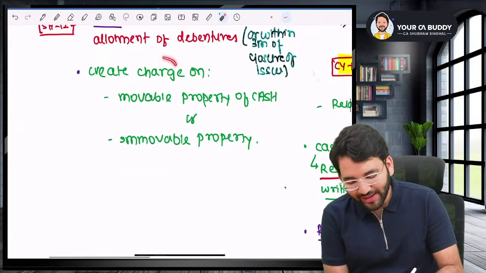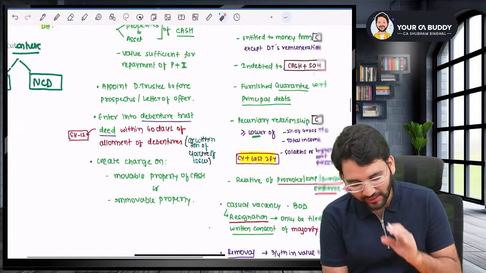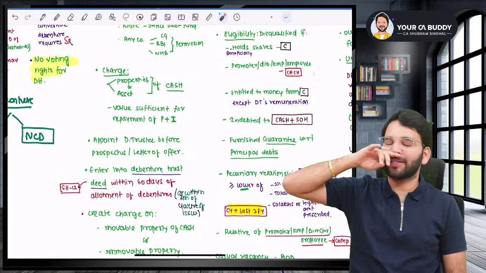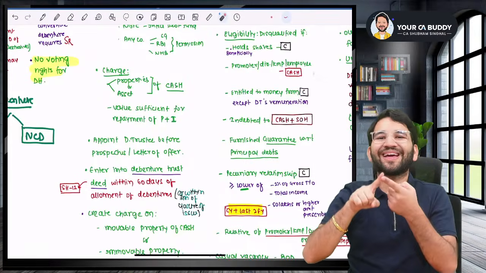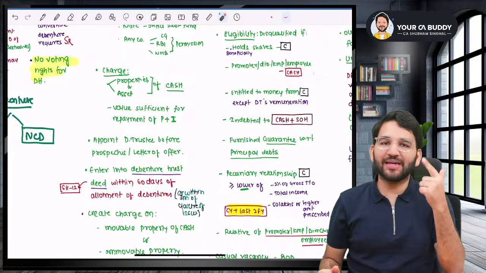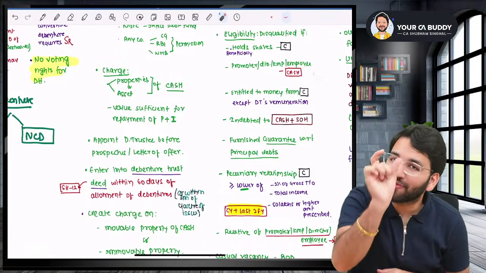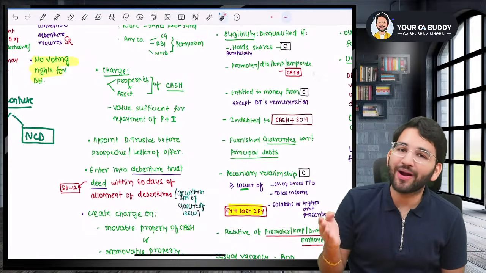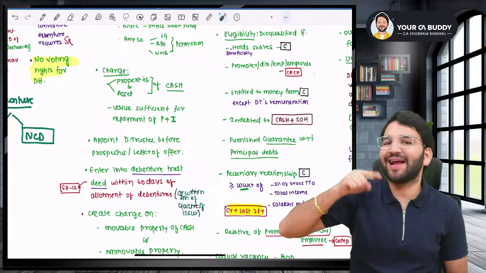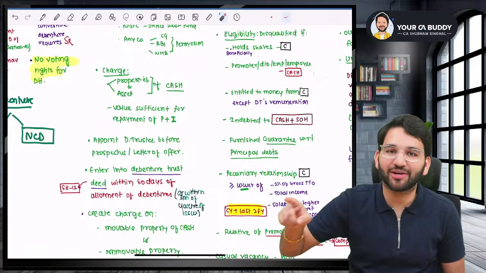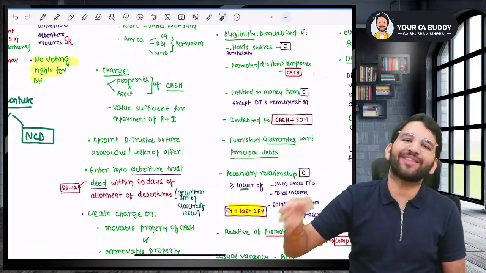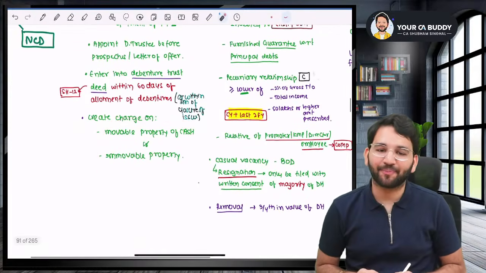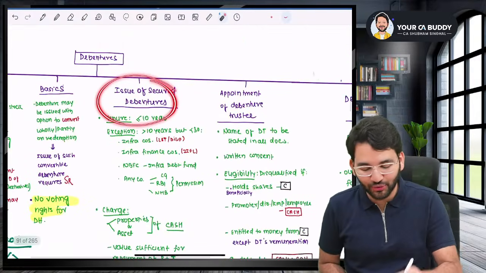After that, what did I say? You will create a charge on the movable or immovable property of the company, not a problem. This is how you will create a charge. So, sir, when it comes to a secured debenture, there are 4 points that you need to remember. Number one, you will create a charge on the assets of the company, associate, subsidiary, holding. Number two, the value of this asset should be sufficient to provide for the principal and interest. Number three, you will have to appoint a debenture trustee before the prospectus and enter into a debenture trust deed within 60 days of allotment or within 3 months of the closure of the issue. And number four, the charge can be on the movable or immovable assets of the company. These are the 4 points that you need to remember when it comes to a secured debenture.